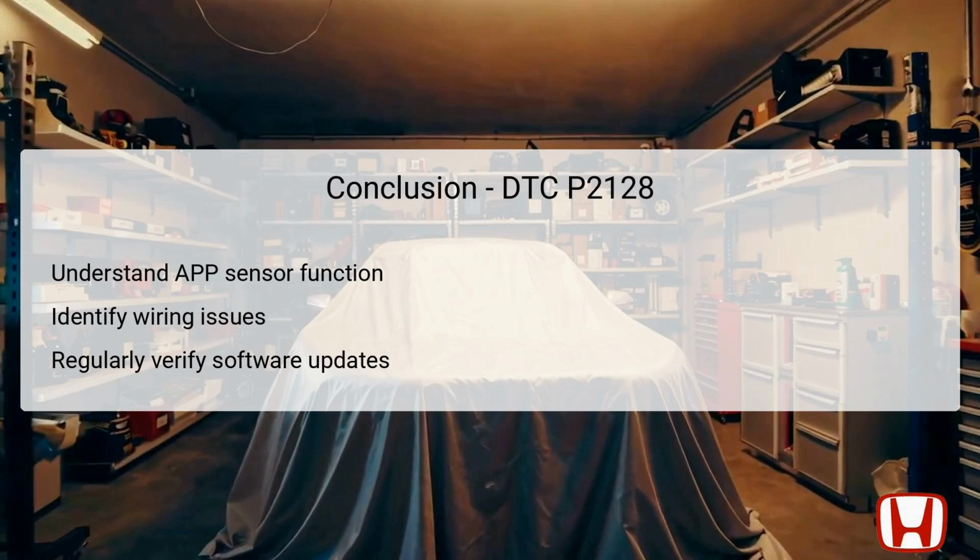Identifying any wiring issues early on can help prevent further complications. The troubleshooting steps outlined provide a systematic approach to diagnosing the root cause of the problem. Furthermore, maintaining preventive measures, such as regular inspections and software updates, can mitigate future occurrences of this DTC. By adhering to these guidelines, vehicle performance can be sustained, ensuring both safety and